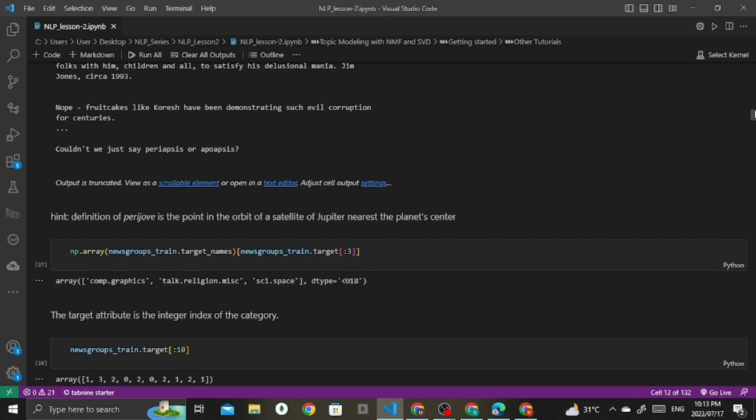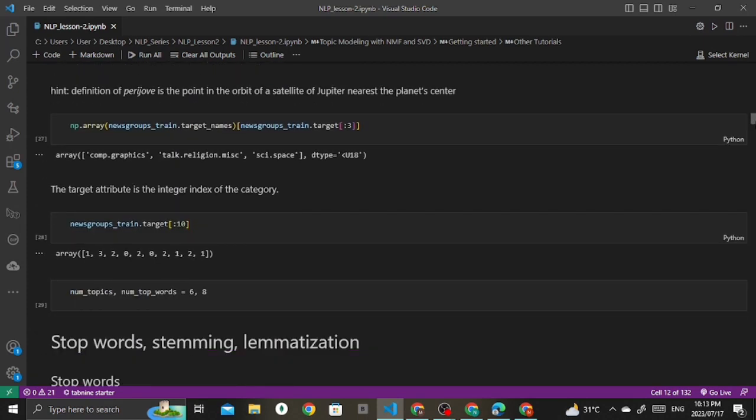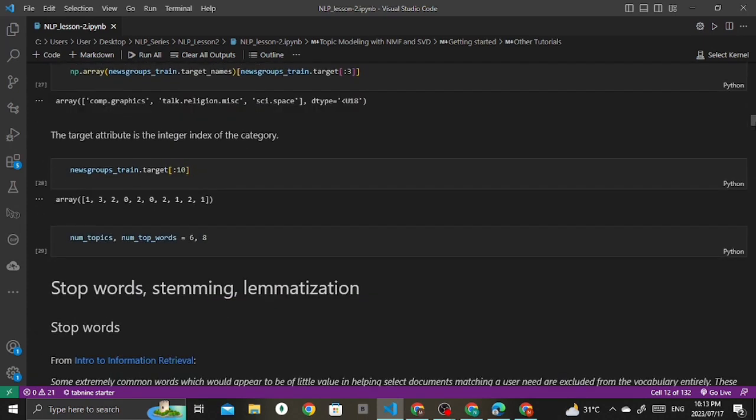So the next thing is, what is a target attribute? A target attribute refers to the specific feature or characteristic we want to extract or predict from the given data matrix. So to choose how many topics you want to create, that's something here. I have set 6 to see what I get, but